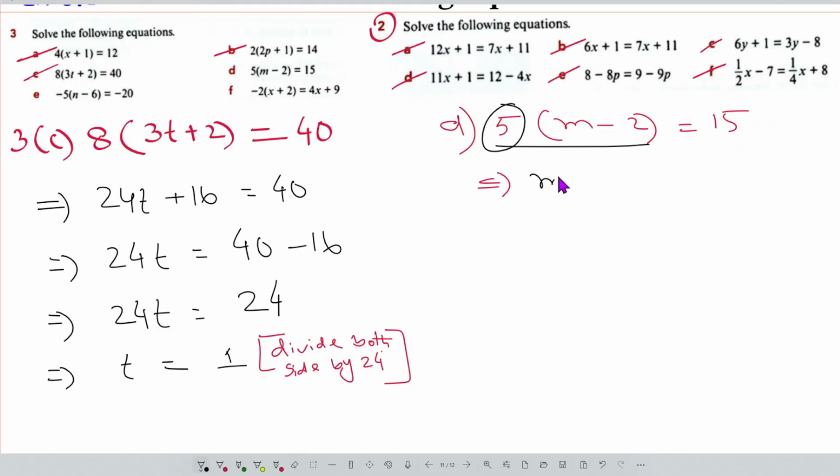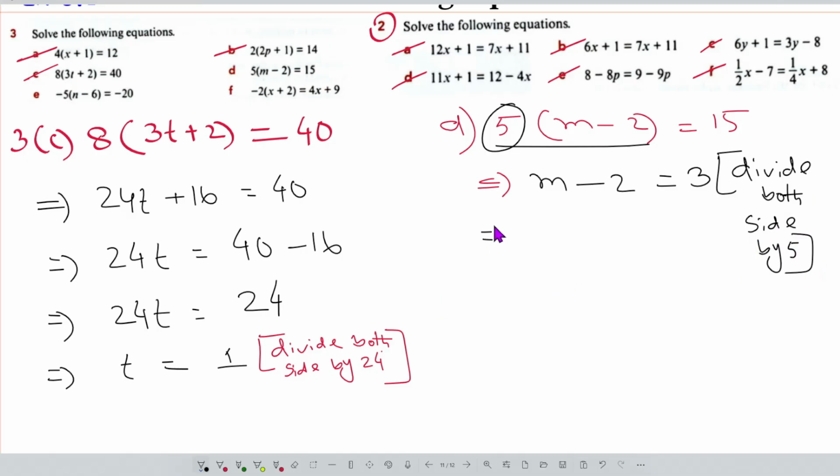So we can write m minus 2 equals 3, and here we can write divide both sides by 5, right? So m equals, here is 3, and this minus 2 becomes plus 2, so m equals